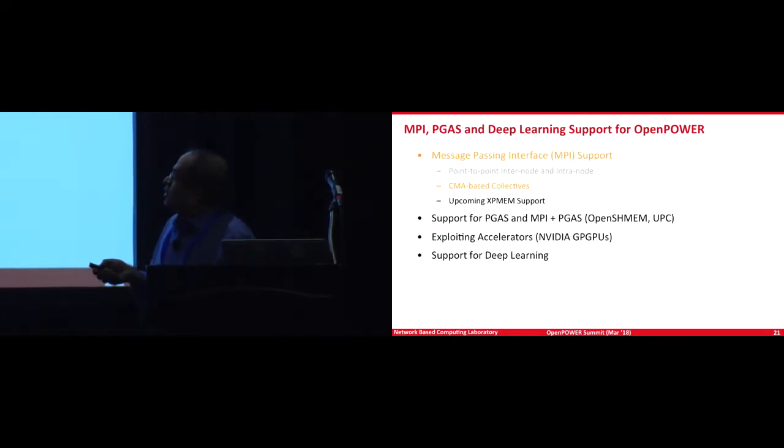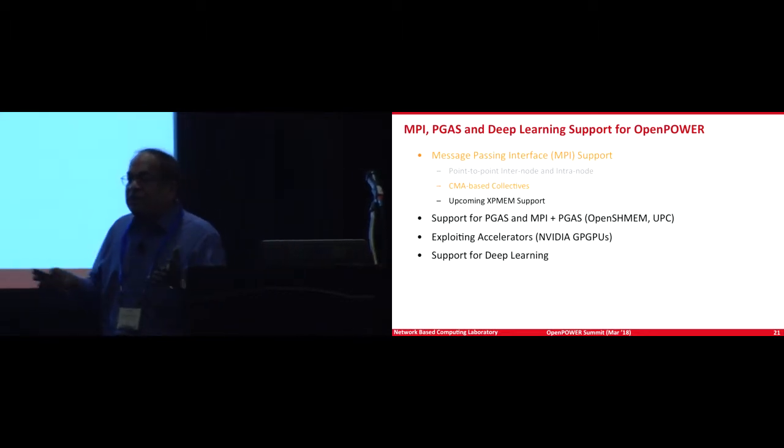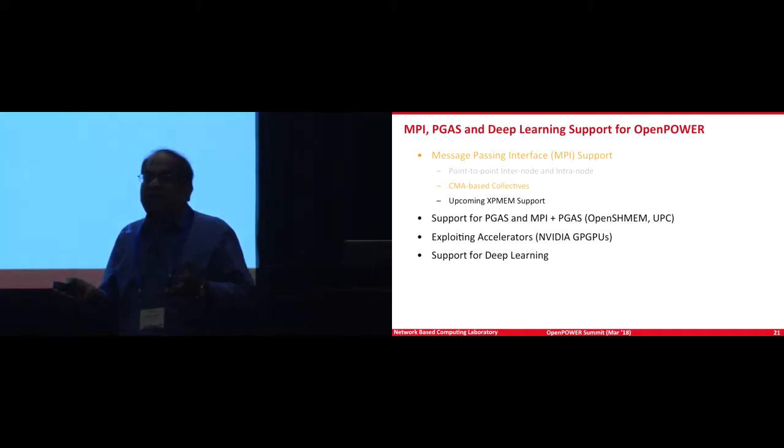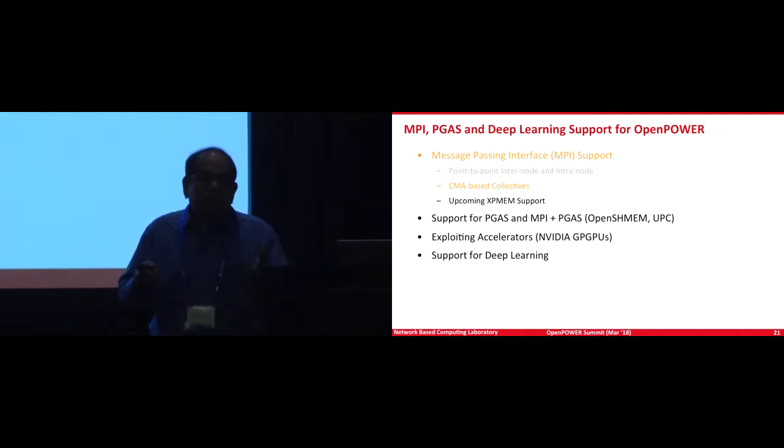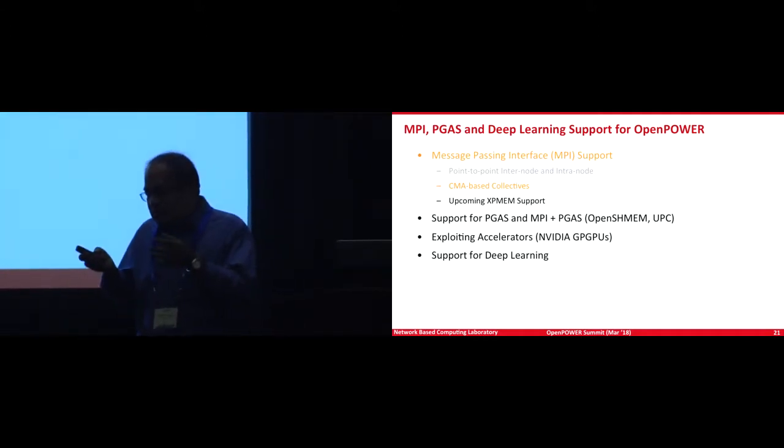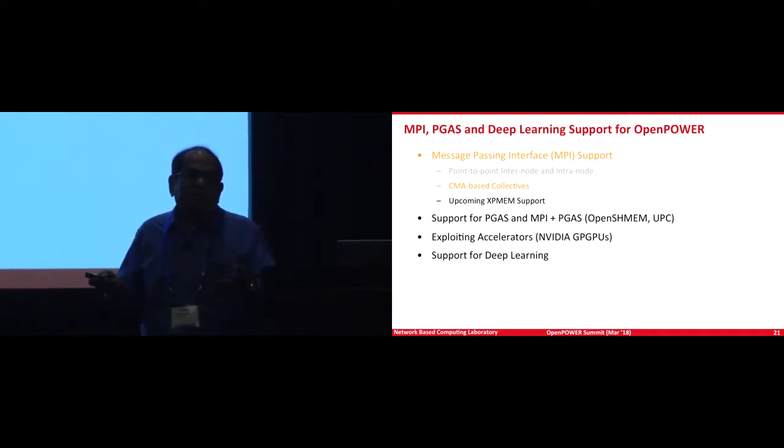Now, those are the basic point-to-point operations. Many of you might know that for a lot of applications, especially MPI and scientific applications, the performance is determined by the performance of collectives. The collectives are like broadcast, reduce, all-to-all. These kinds of operations take a lot of time, and if you don't optimize those libraries, then you will see your job is not running efficiently on a very large scale system.